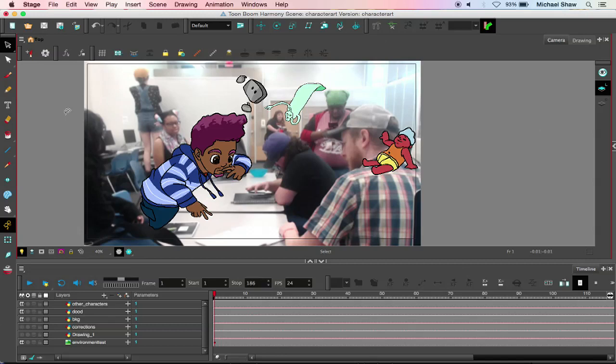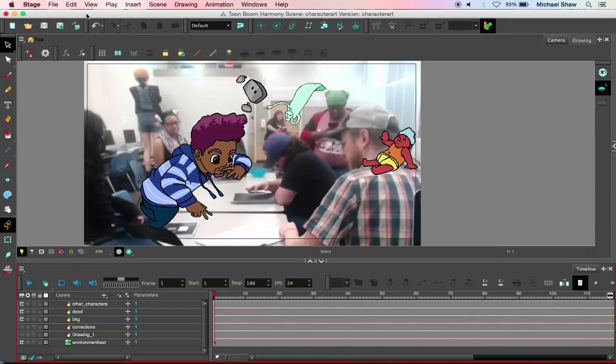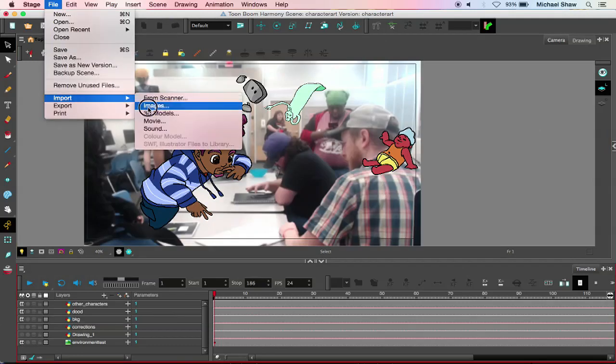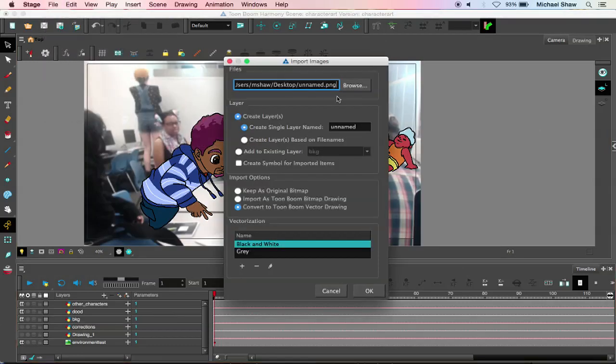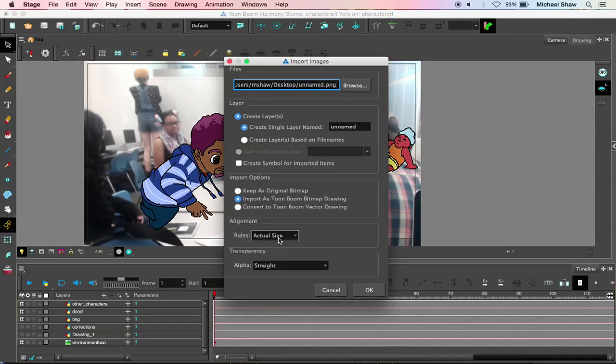So the first thing is first, you need your artwork and you need your environment. I have my environment here and I've imported it by going to File, Import, and Images. And I just made sure that when I brought it in, I kept it as a Toon Boom bitmap drawing,